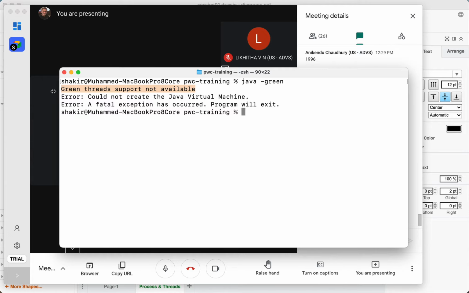So you had a choice of executing a program with the hyphen green option. What it used to do is that though you have 100 threads created in your Java program, at the kernel level there was only one thread created, and all of those 100 threads were scheduled to execute in that one single thread, and the scheduling algorithm was with Java, not with the operating system. The operating system had its own scheduling, but Java used to not pass over the scheduling mechanism to the operating system. With hyphen green, it used to manage its own scheduling at the Java level.